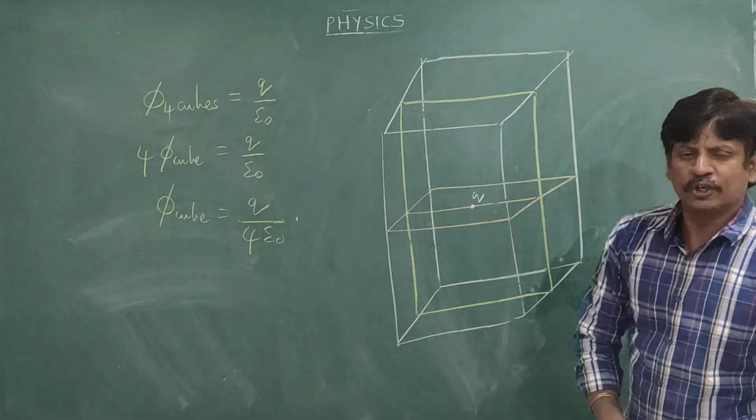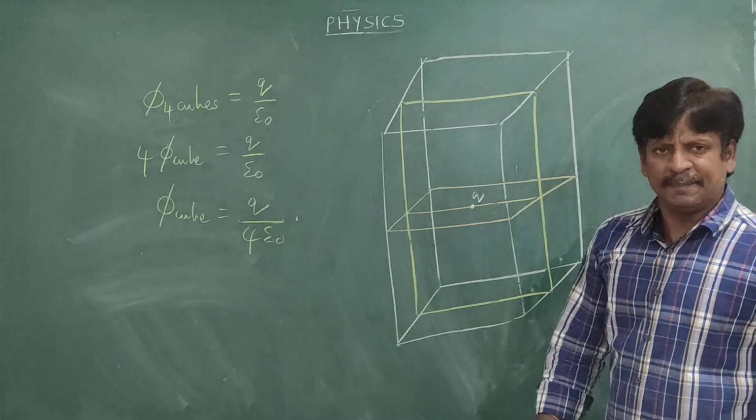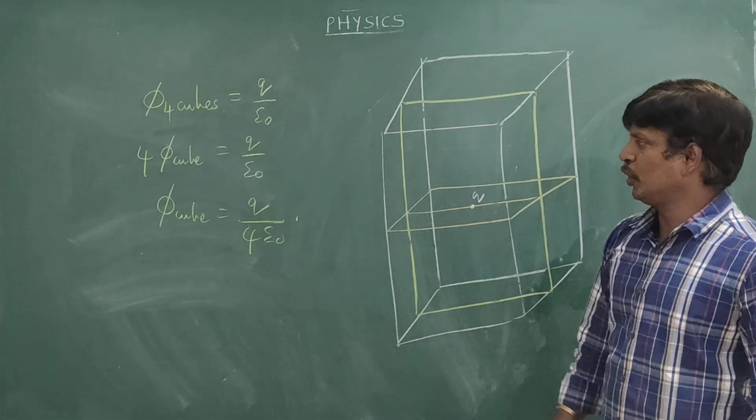So flux through 4 cubes is equal to how much now? Q by epsilon. So 4 times the flux through each cube is equal to